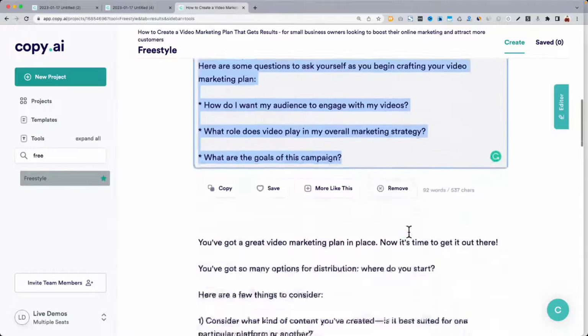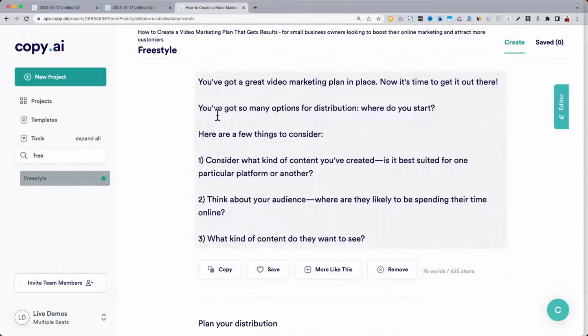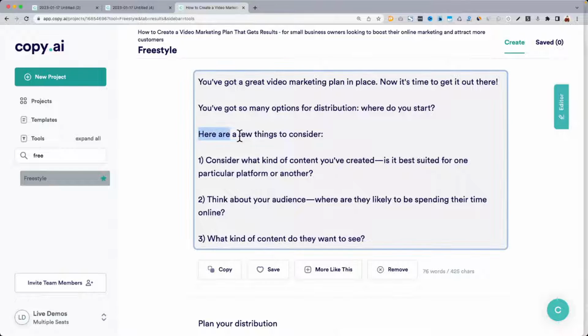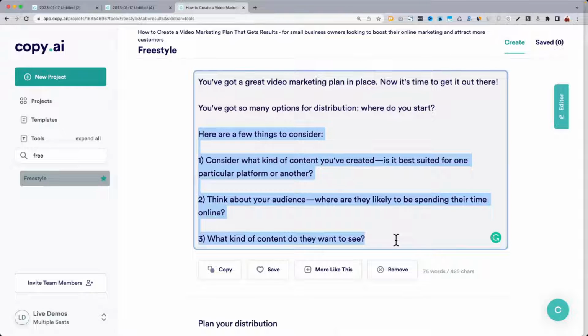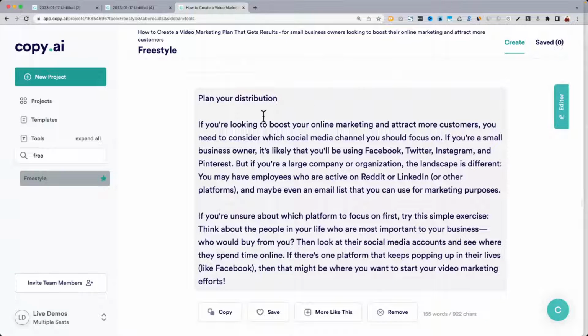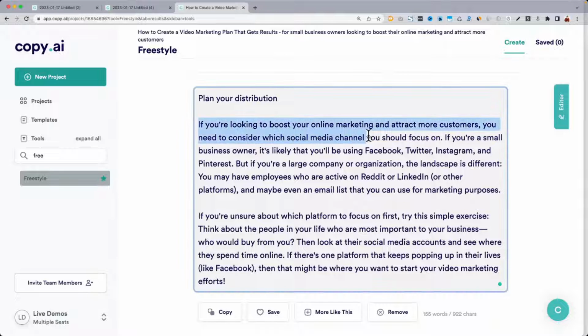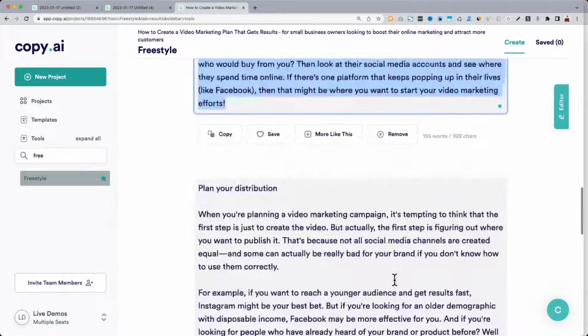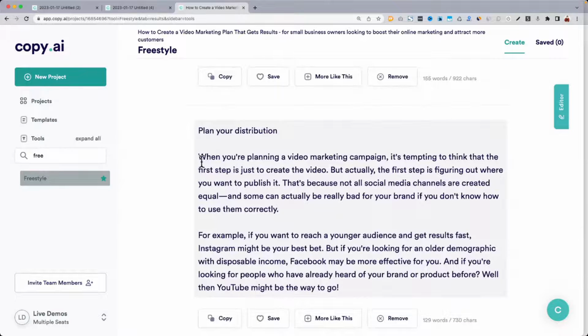All right, some good questions to ask. Where do you start? Here are a few things to consider. So this could be ways to enhance your content or look at different angles, or each of these could become a standalone social media post. There you go, some educational tips. Some advice right there. This is a little bit more